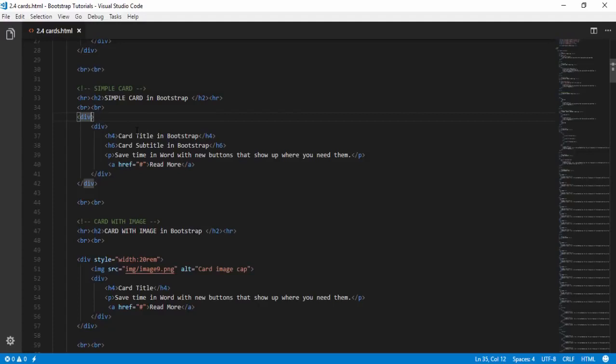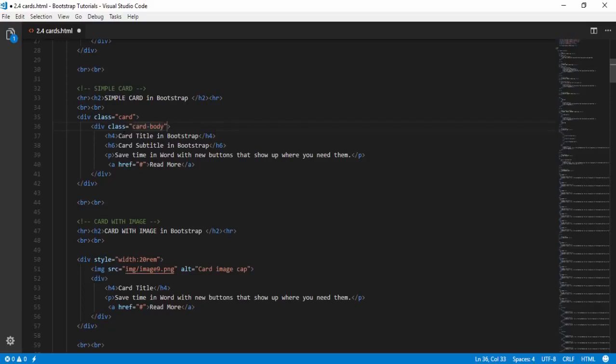Those tags are available under the div tag, and this div has another div under it, right? So first of all you need to assign the class on the main div. This is the outer div, right? So I assign the class card. Under this div there is one div and two headings, one paragraph and one anchor text, right? So the next div you need to assign the class called